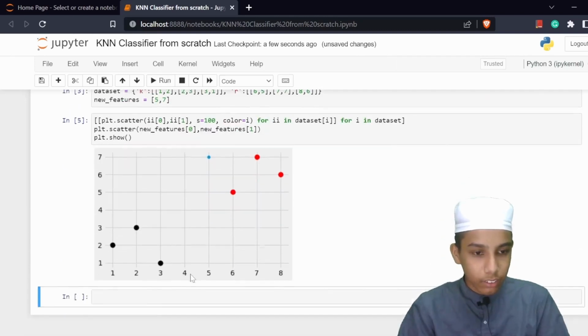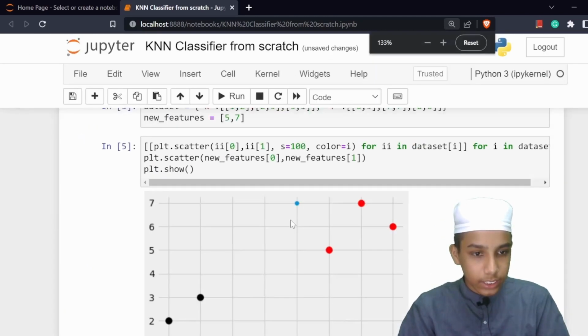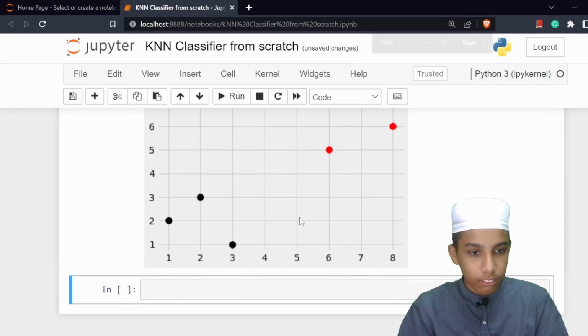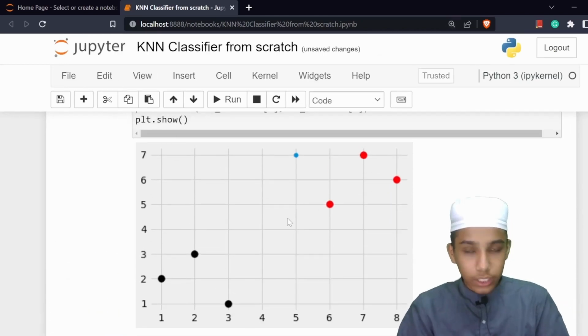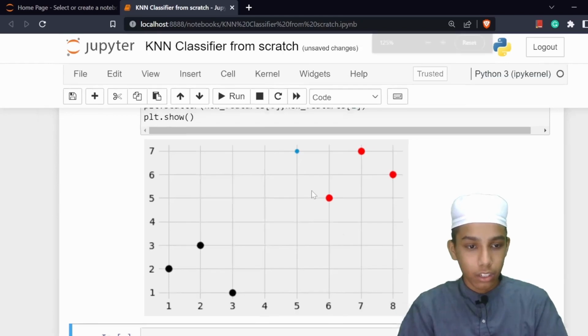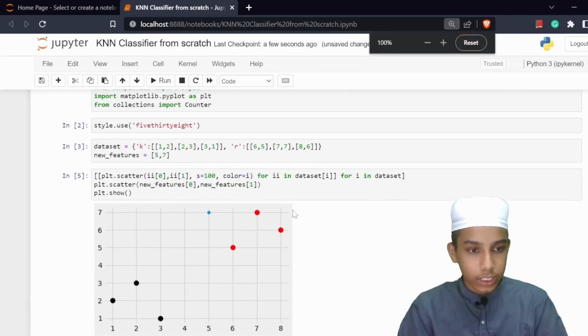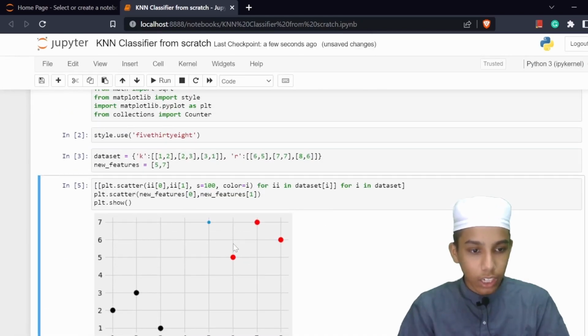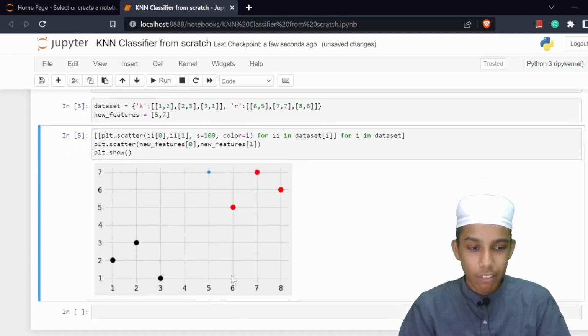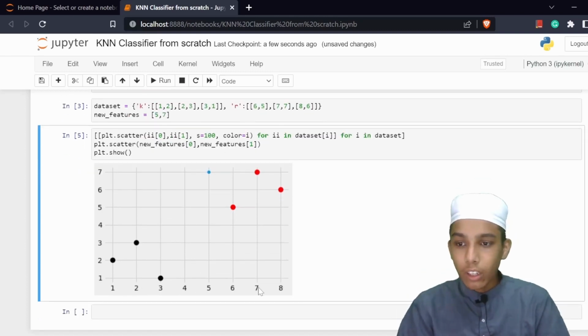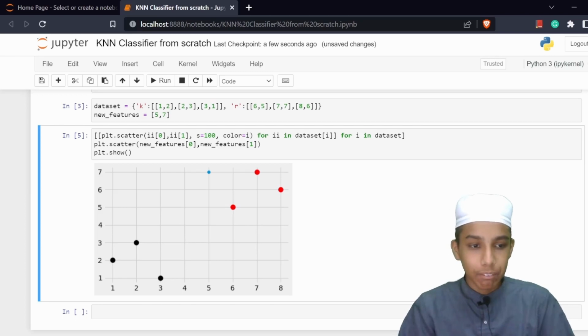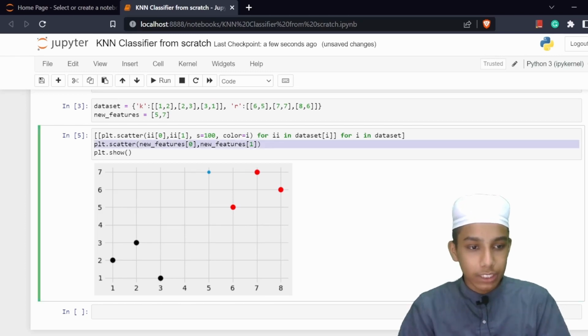Now guys, as you can see here on the screen, we have a graph where we are having 3 dots and here also 3 dots, and we have a data point here. Okay, now I'm going to reset this one. Now I'm going to do some predictions, but before this I'm going to show you,